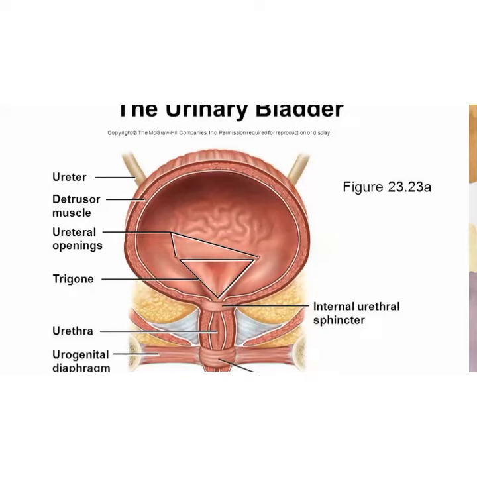It is arranged in whorls and spirals, which is the important adaptation for a mass contraction. So the urinary bladder contracts as a whole structure because of the presence of the detrusor muscle, which is the muscular layer of the organ. And see, when the bladder is empty, we could appreciate the presence of rugae-like foldings. These are the mucosal foldings, beyond which we have the detrusor muscle.